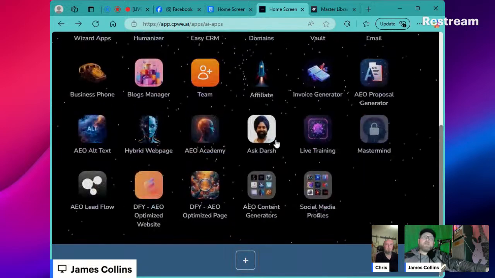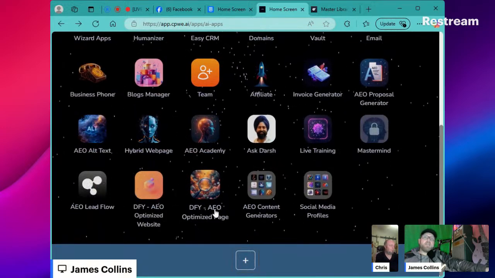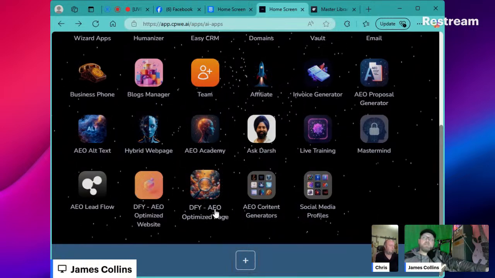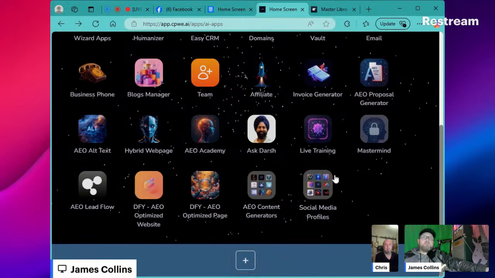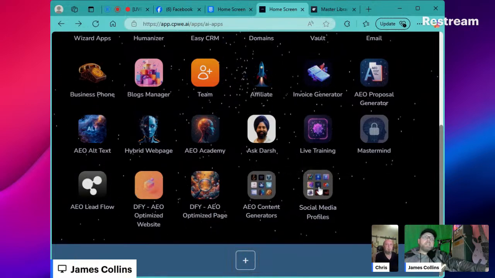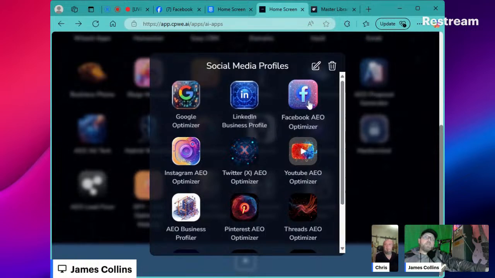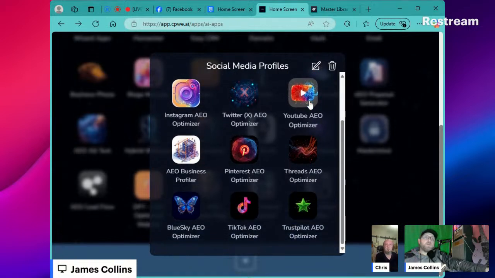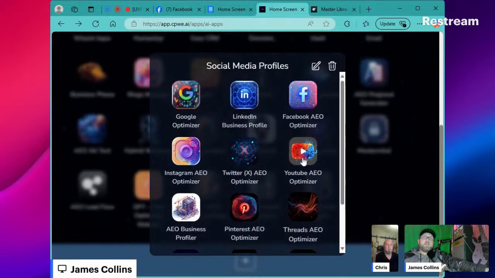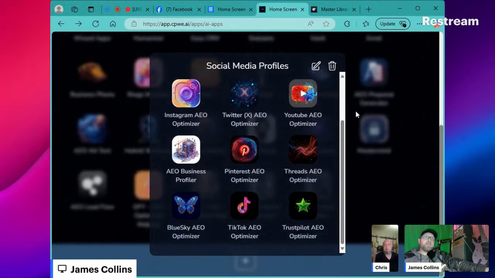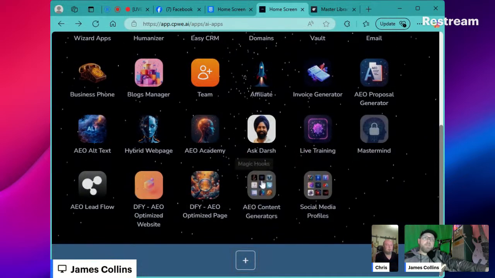These are state of the art tools, and I want to really hit on AEO, answer engine optimization. These are all fully optimized for AEO. Each one of your social media profiles will need to be updated in the next year or so, and all of these tools are perfect for it. When you try to do it yourself, you're not going to know. There's no better way to do AEO, or AI engine optimization, than using AI. It's going to put you at the top of the Google list.